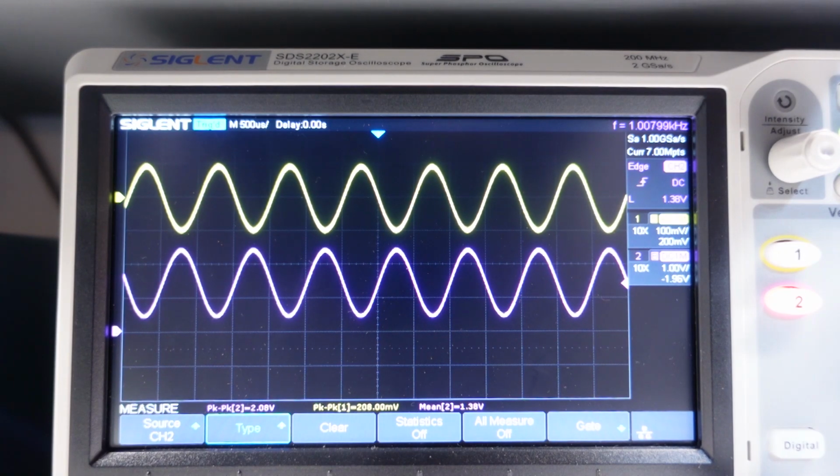So again, the top is the input, it's the yellow, and the purple in the bottom is the output. I'm showing about 200 millivolts peak to peak on the input, and I can of course adjust the gain on my Simpson to vary that. So I'll put that at about 200 millivolts, and I'm getting about